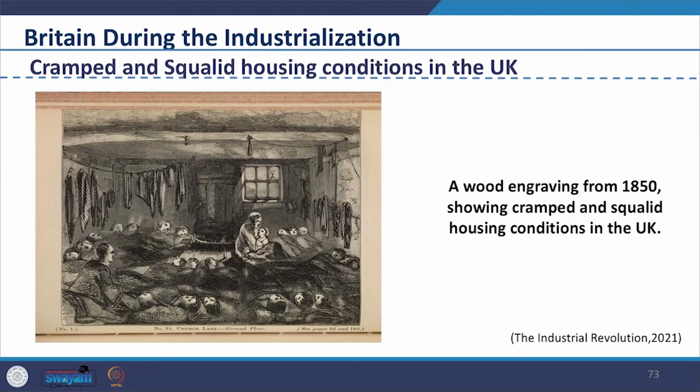As you can see in the image depicting a wooden engraving from 1850, showing cramped and filthy housing conditions in the UK, there was no fresh air, there was a stink of gas, it was hot, there was steam, dust and cotton in the environment. Well-built men turned old and were unable to work at 40 years of age. Children were unhealthy and deformed, and thousands upon thousands of them were abused for production even before 16 years of age. The middle and upper classes, needless to say, moved out of the city centers.